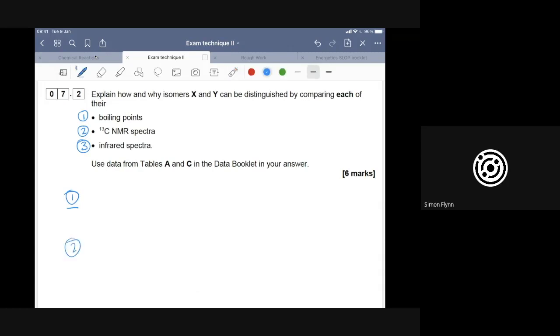And then at the end, you've got a quick way of checking: have I actually written enough, or have I written about the things I need to write about to get 6 marks? Because again, there have been questions. If you remember the